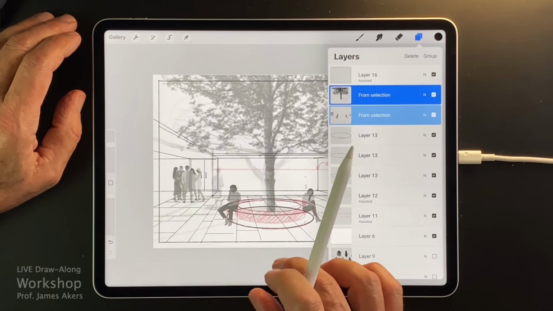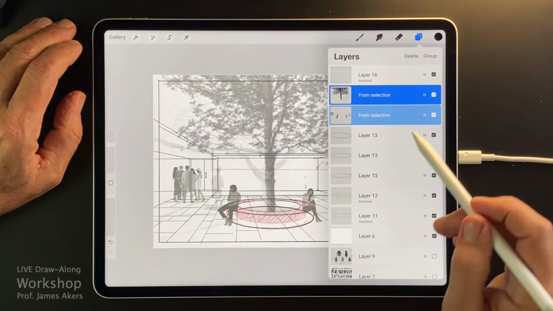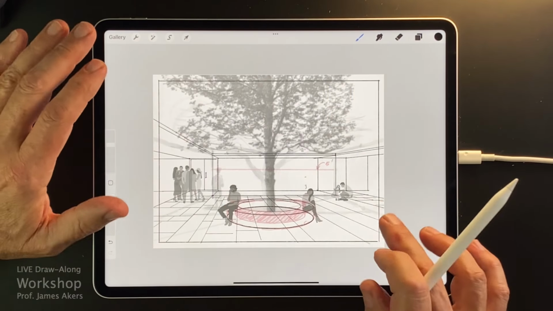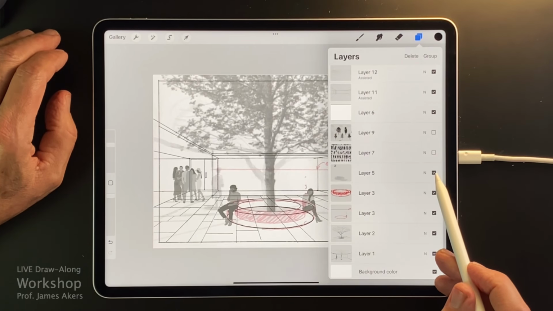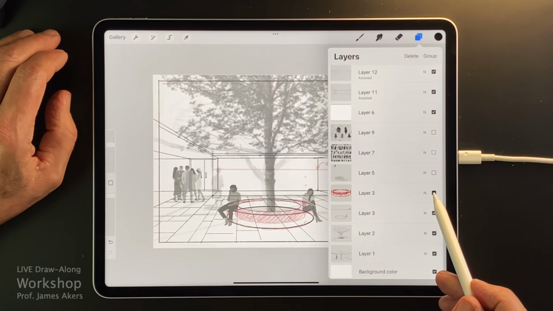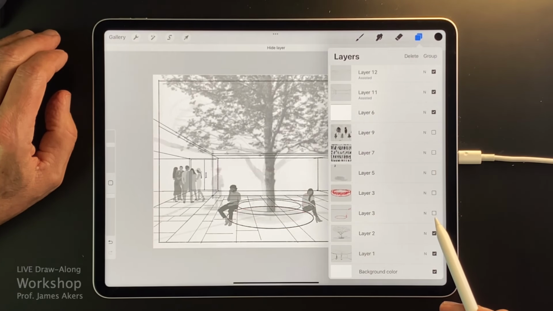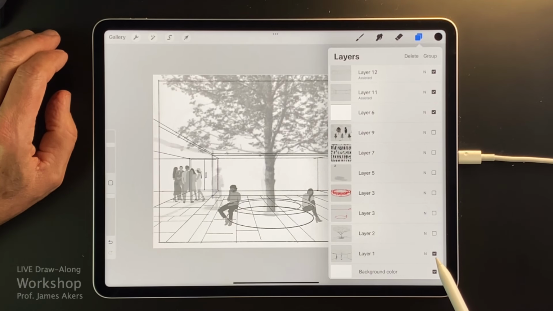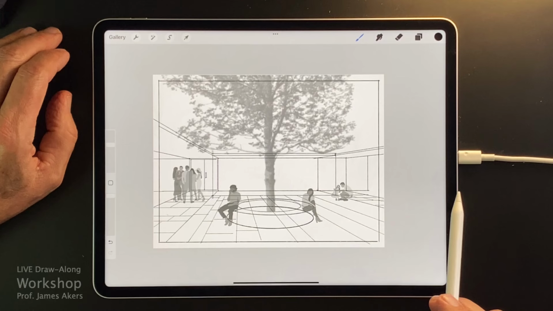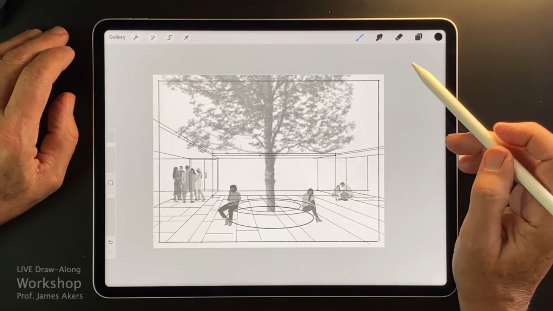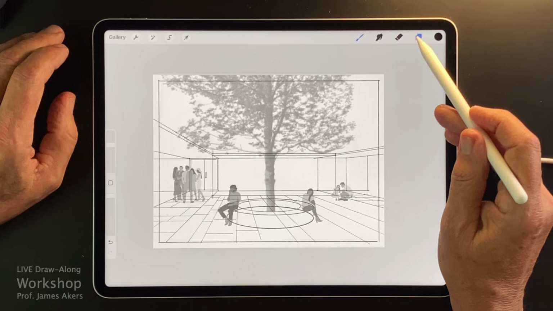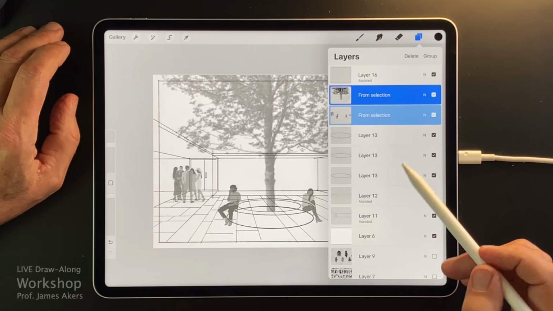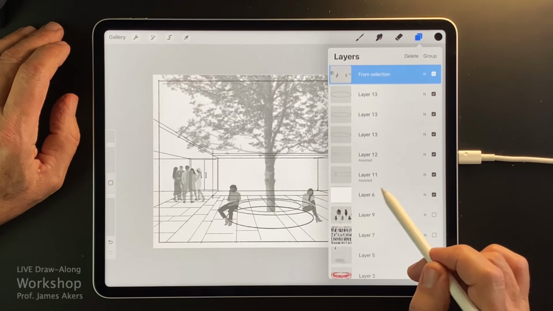And this is sort of the fun cleanup phase of the rendering, because I'm starting to see it, I'm starting to visualize, and I can now turn off some of these messy layers that got us started, and begin to see my final goal here. And then all that's left at this point is to start to add tone to this stuff. Okay, tone to the drawing.